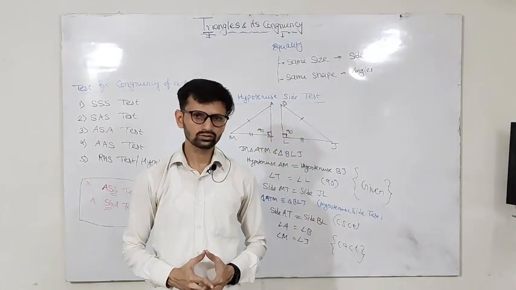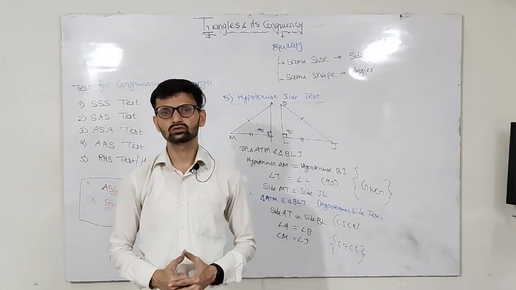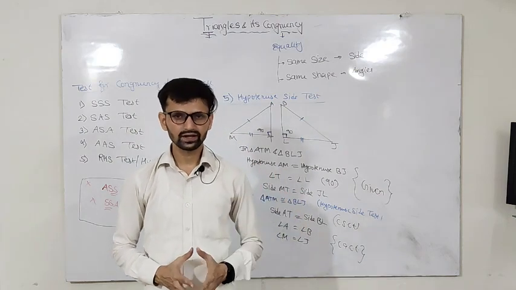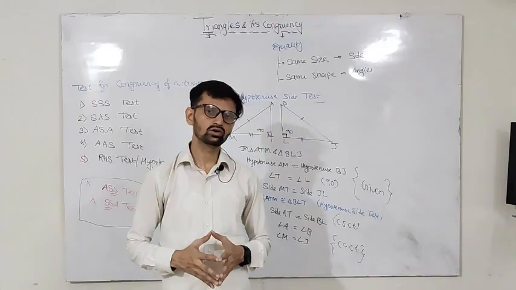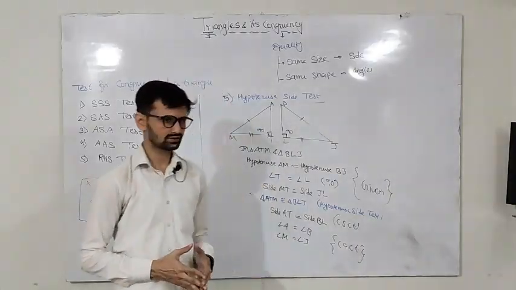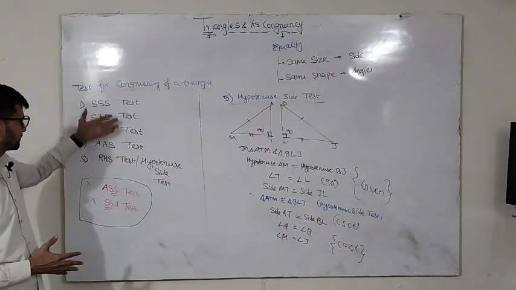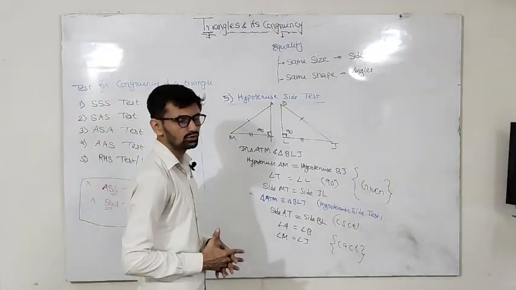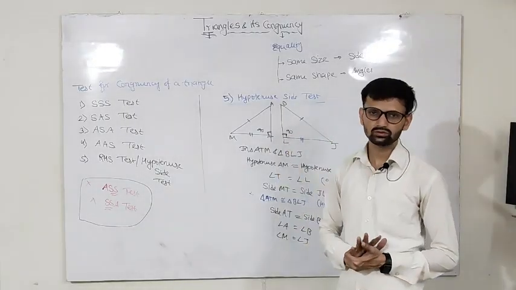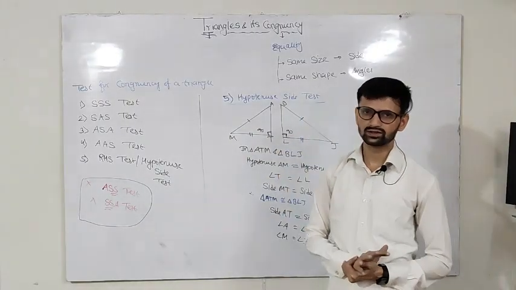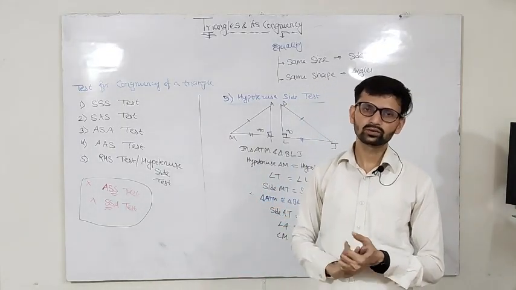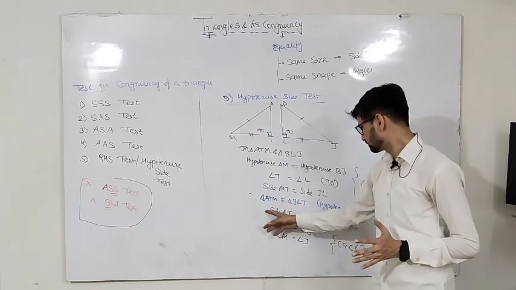So here we can conclude that to prove 2 triangles congruent, we need not check all 3 sides and all 3 angles. Means no need to check all 6 aspects of both the triangles. We can apply some test. We already learned these 5 tests, and we can prove the 2 triangles congruent. It depends on what information is given in the question. You can apply the relevant test. So if 2 triangles are congruent, then their corresponding sides and corresponding angles will automatically be equal. We already saw this in